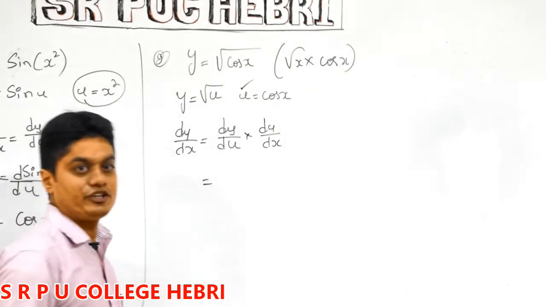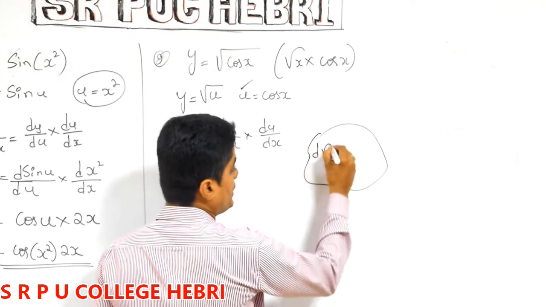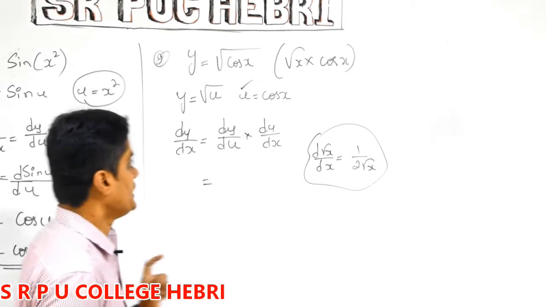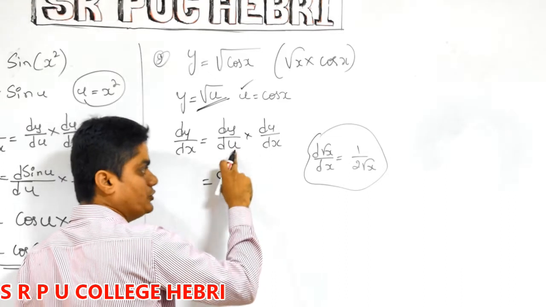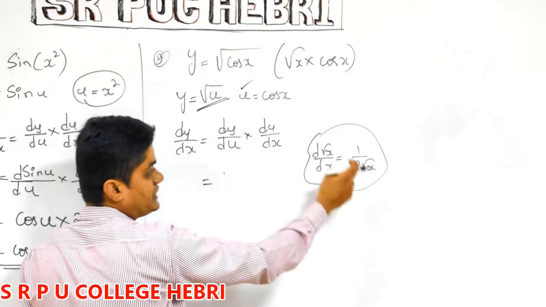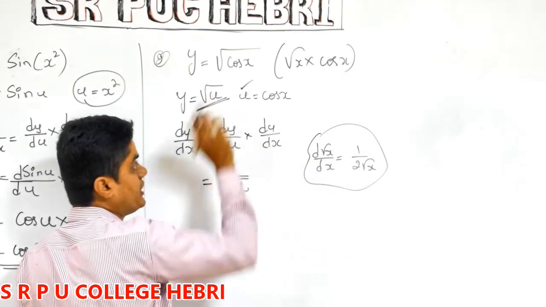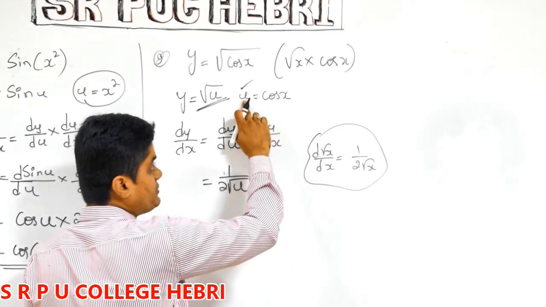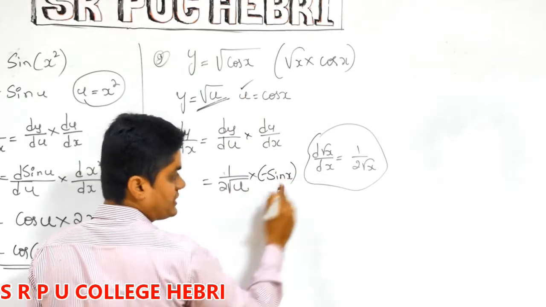Tell me, what is the derivative of root x? Yeah, the derivative of root x is 1 by 2 root x. Remember this? So differentiation of y, what is y? Root u. What is the variable? Same variable, u. So you can use this formula directly. What you will get? The derivative of root x with respect to x is 1 by 2 root u, because instead of x, here we have u. That is the only difference. Into differentiation of u. What is differentiation of u? That is cos x with respect to x, which is minus sin x. I hope you remember this formula.